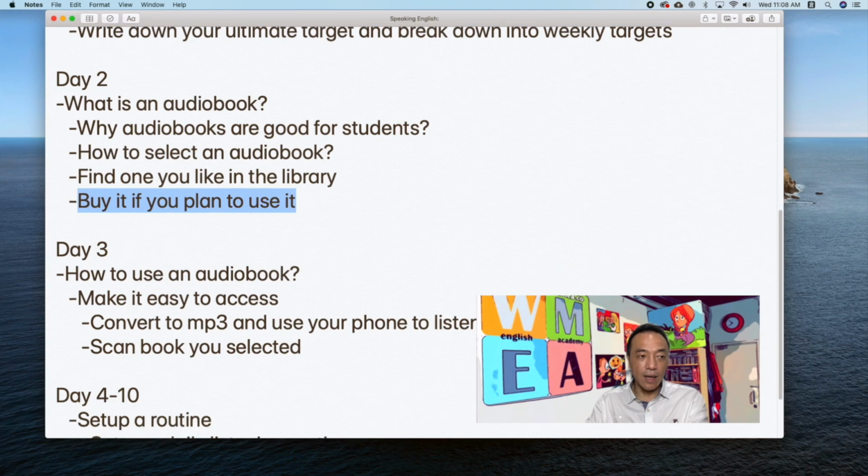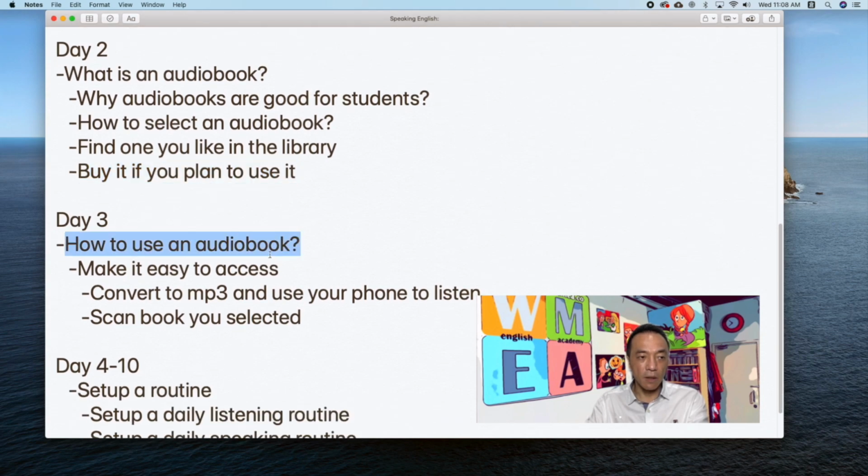Alright then, how to use this audiobook? You have to bear in mind one very important thing. Every habit is established only because it's easy to access. In order to make an audiobook easier for us to access, first of all, I will convert the audio CD